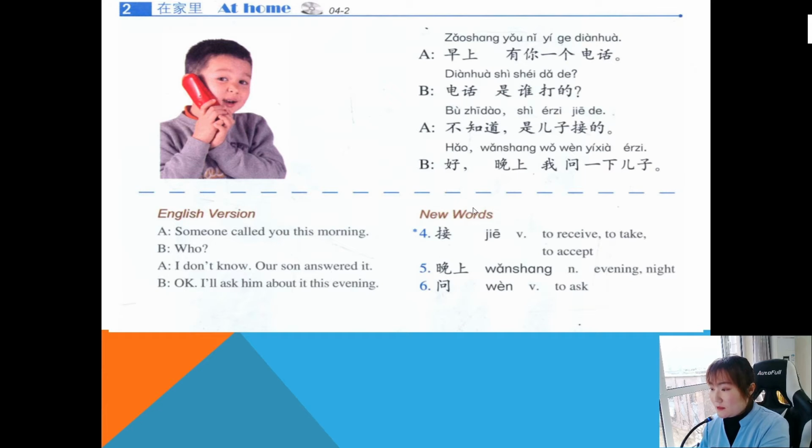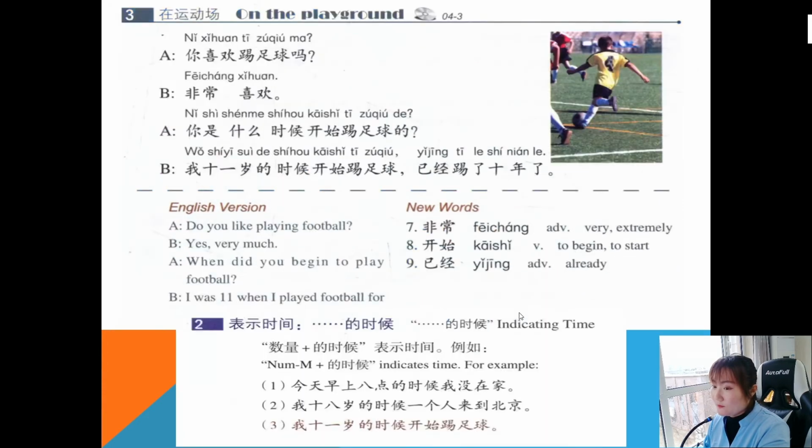Our son answered it. 好，晚上我问一下儿子。Okay, I will ask him this evening. 接 So when you want to say pick up a phone, to receive, to take, to accept, we can use this new word 接电话 pick up phone 晚上 evening night 问 to ask